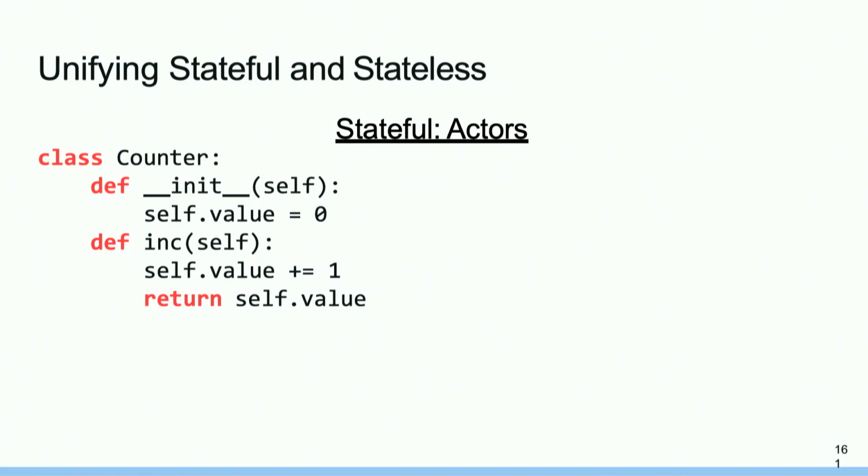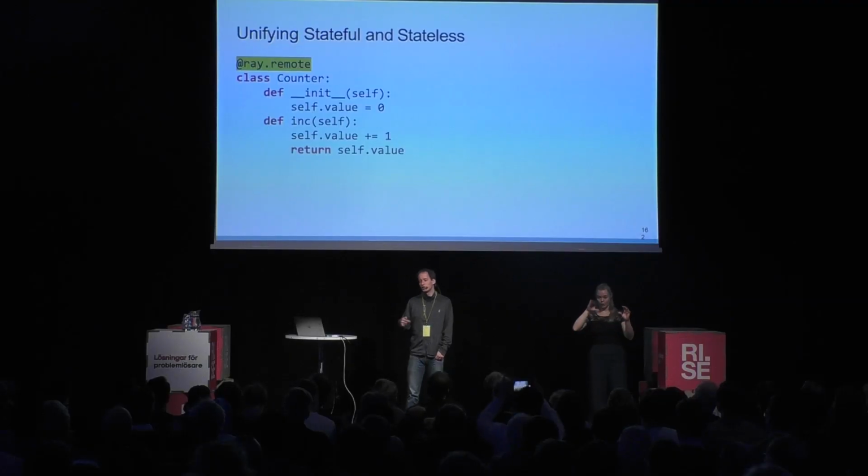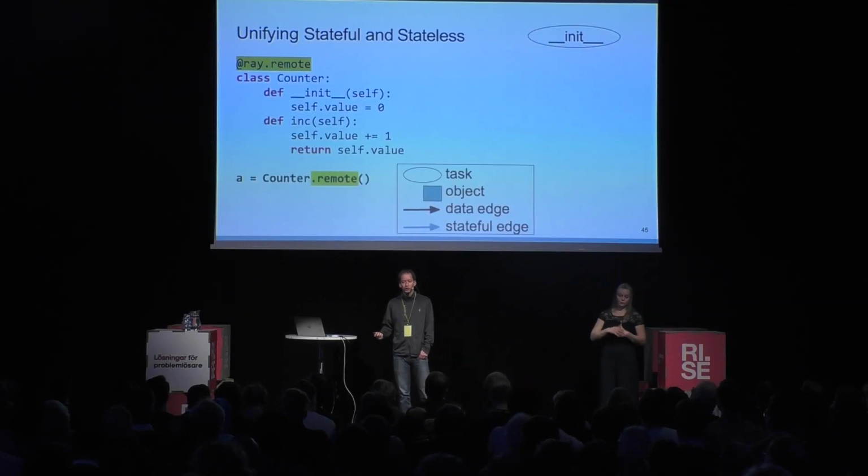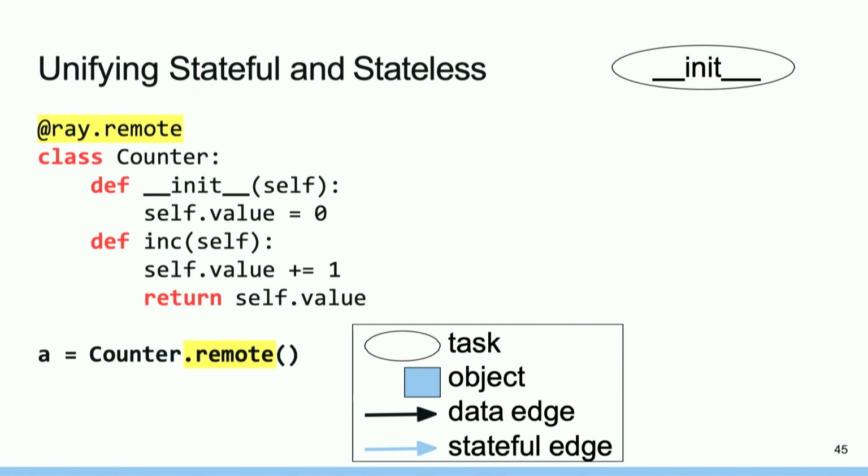So how do we support state? We do it via a concept called actors. This is the birthplace of Erlang, so you probably know about that. How we express this is we use Python classes for that. You can take some class that you've already defined, and then you put this ray.remote decorator around it, which makes the class into a remote class. And then you can instantiate the class via class name.remote. This will create an object of the class which will live somewhere in the cluster.